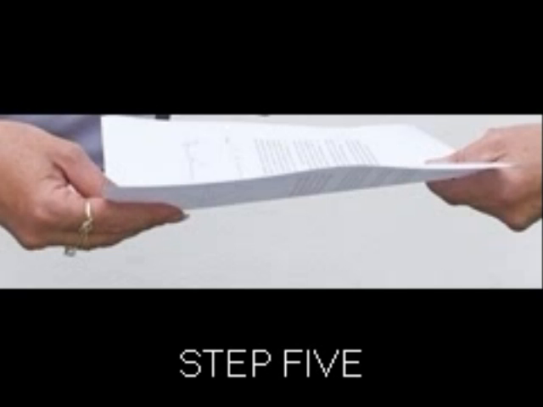Finally, we reach step 5. Your adoption agency will hand you the paperwork saying the adoption is finalized. You no longer have to worry that someone is going to come out and say, "I want my child back," because it's no longer their child, it's your child. It's finally the day that your family is complete.